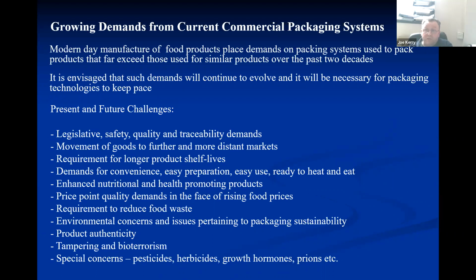So in other words, if I've moved from a complicated packaging system to a more simplified one on recycling grounds, one of the questions I would have for anyone who did that is, did you carry out any shelf life studies to determine whether or not there was a knock-on effect of reducing shelf life? Because if that happens, then we could be talking about food waste, which in a way undermines the very systems that we try to put in place to minimize food waste. So again,